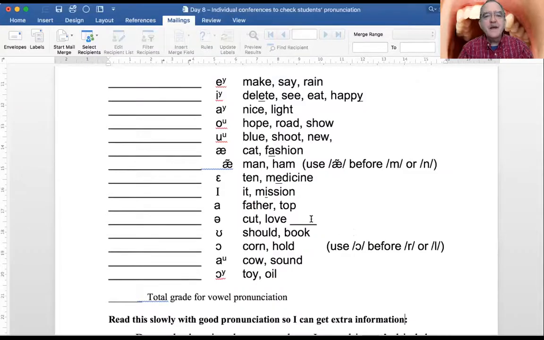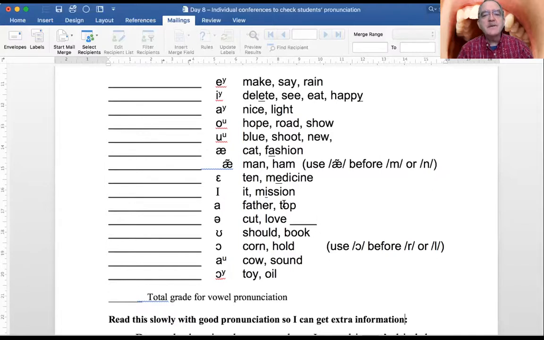mission. Okay, remember we have the E, very high tongue, E, middle tongue, low tongue. E like eat, it like it, like pet. E. I'll be checking for that on your video. Okay. Now we have E. Okay, here we have it, mission,